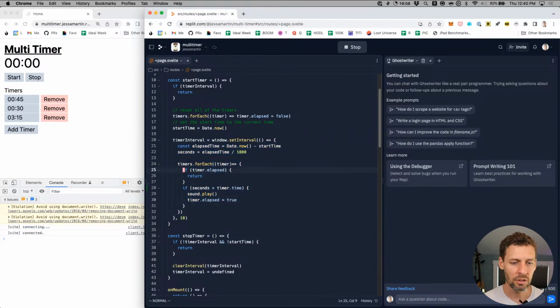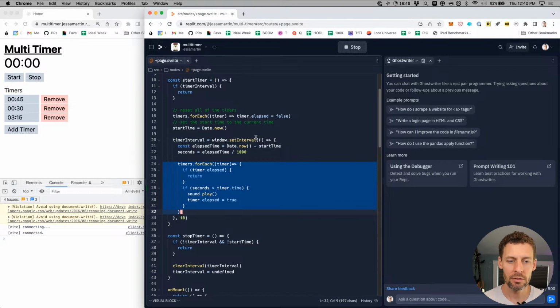And what it does in one of these calls, actually, it's interesting. I think there might be some race conditions here around intervals such that the sound might get played twice.